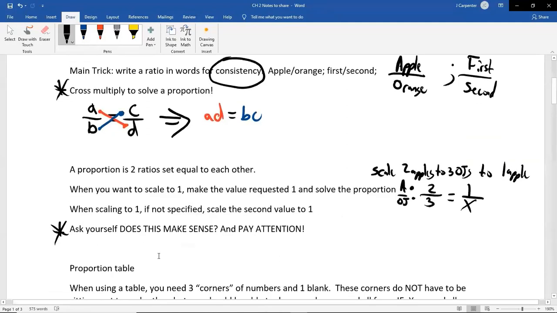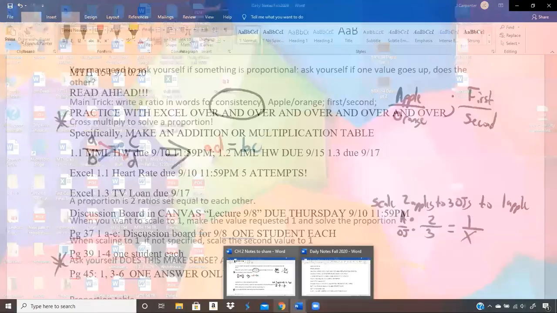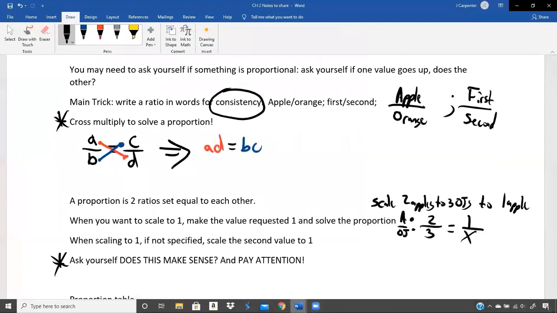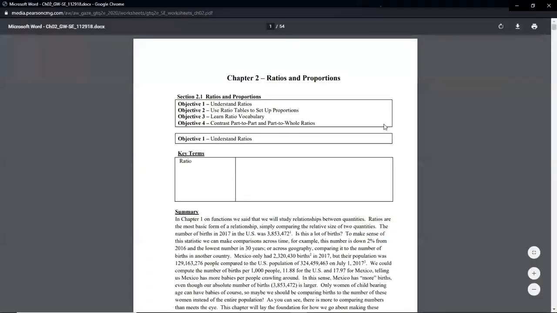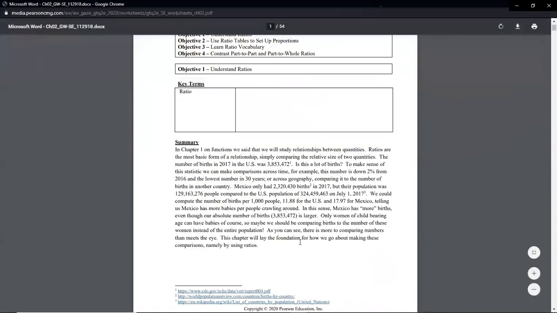Before we get into this proportion table, let's actually go ahead to the guided worksheets, and we are gonna, oops, wrong window. There it is. Nice little summary. You can read this on your own. We don't have the time to get into all that detail, but it talks about